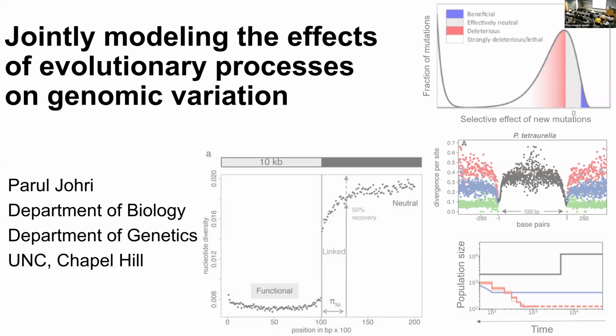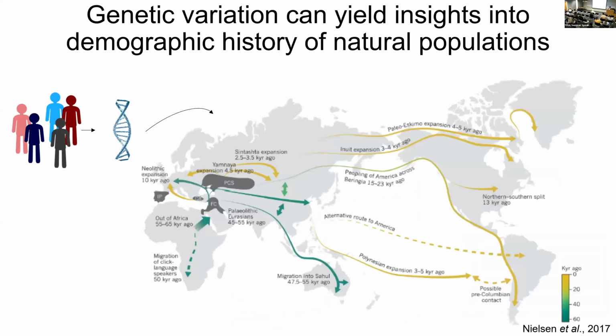We live in a world now where we can get a lot of genomic variation data, right? So we know that we can sequence a lot of humans, and DNA sequence variation data can really give us insights into many, many different things. For example, it can tell us about the demographic history of a natural population, how and when humans migrated or colonized new places. And that kind of information is present in the DNA, right? In other contexts,